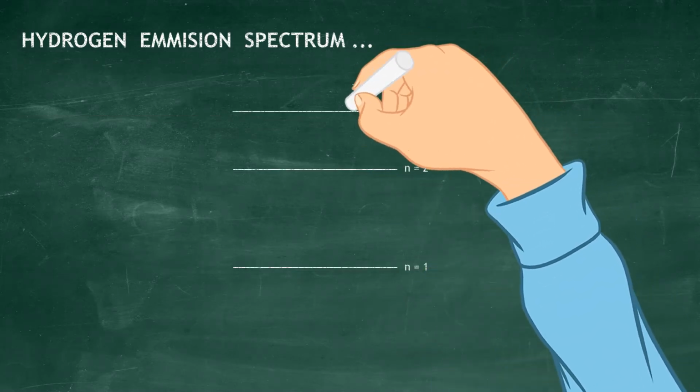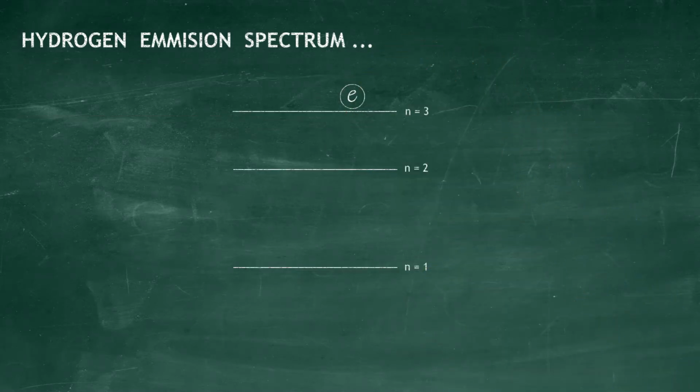Suppose a particular electron was excited into the third energy level. This would tend to lose energy again by falling back down to a lower energy level. It could do this in two different ways. It could fall all the way back down to the first energy level, or it could fall back to the second energy level and then, in a second jump, down to the first energy level. During this type of electron falling, it has to lose an amount of energy exactly the same as the energy gap between those two levels. That energy which the electron loses comes out as light.